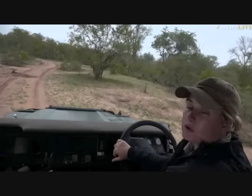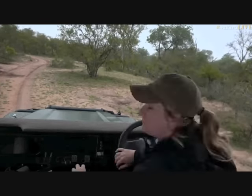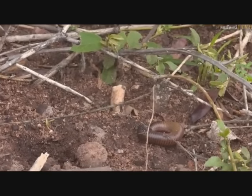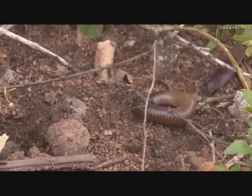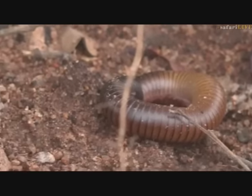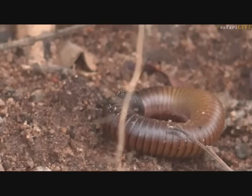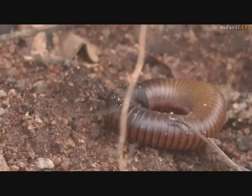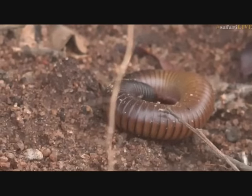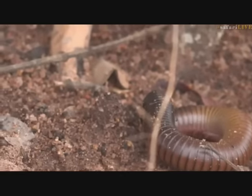So I'm going to jump back across to James, who's got a very interesting little critter to show you. Right, we have a little millipede here, everybody. And the millipedes, much like the tortoises, like to come out at this time of the day. And those tortoises that we were looking at earlier, Conor McGregor and Boris the Beast, they're also not above eating the odd millipede. But the great predators of these, of course, are the burrowing scorpions